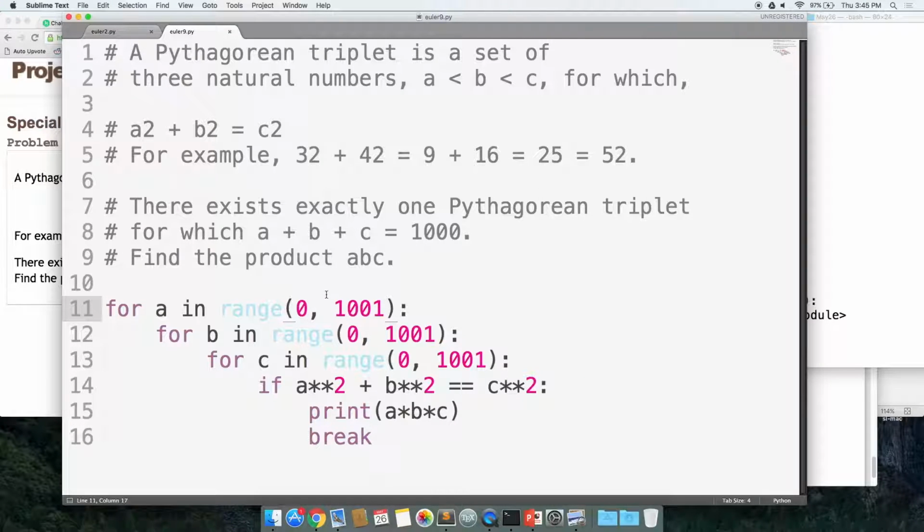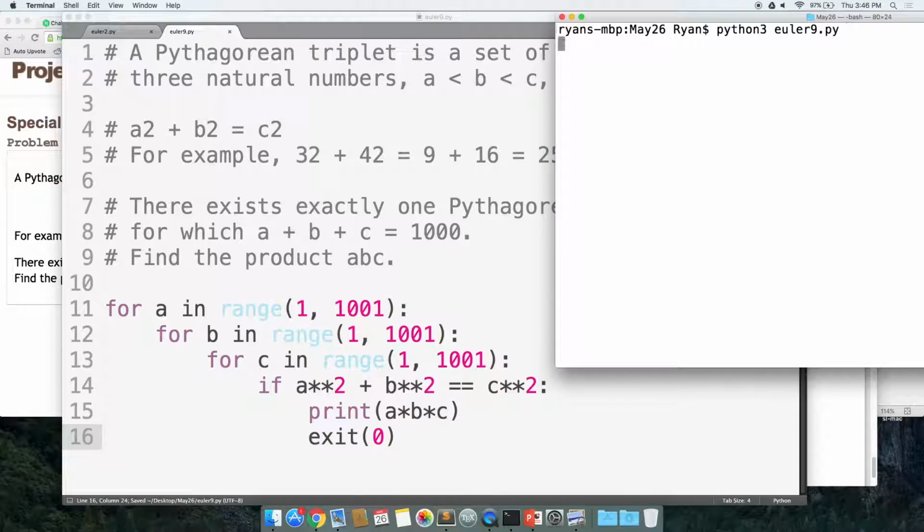Okay, so they do mean non-zero. So I should print this, and this break actually only works for the first indented for loop, so it doesn't consider the other ones. It'll be hard to break out of every single one. Actually, what we can do is just do exit 0, so we can do that,